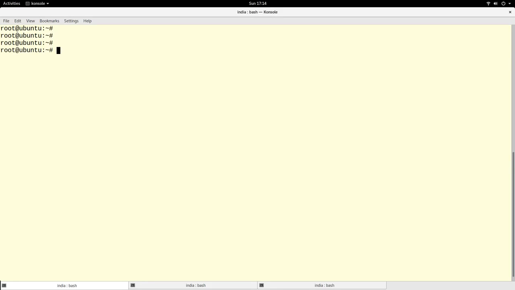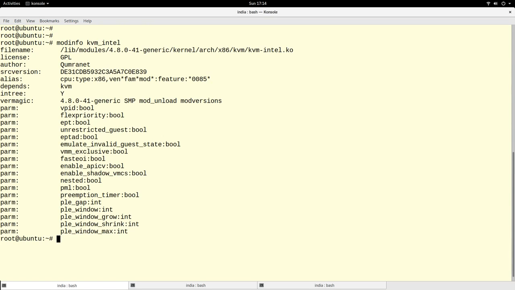To the terminal. So if you want to see the modules on your system, you can do lsmod. And if you want to see the information about a particular module, you can run modinfo on that module. For example, modinfo kvm_intel. So kvm_intel is the module